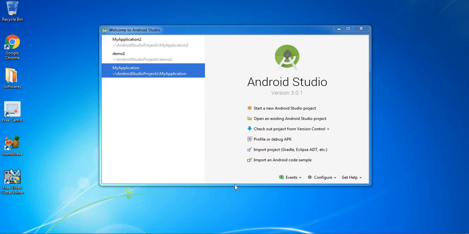Today we will discuss one of the views called checkboxes. So we have to launch a new project to do some coding regarding the checkboxes. In this module, we are going to insert the checkboxes from the widgets, and we are going to apply some computations on those checkboxes. So let's start a new project.